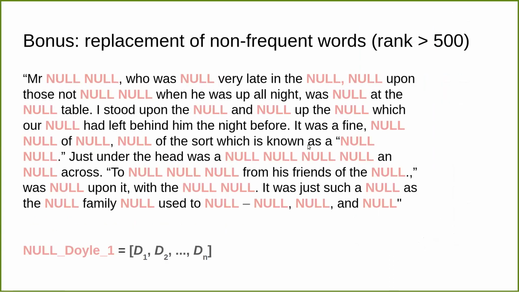And obviously, there's a bonus experiment to corroborate what we are already doing. We can push word embeddings to an even more extreme context by doing the replacement on non-frequent words. So all the words that are outside of the 500 most frequent words we replace with this null. And now this excerpt from Conan Doyle becomes absolutely unintelligible, and it also sounds very obscene, something that you don't want to read with kids. However, the most frequent words are kept there. And in this case, we just use the null replacements as the identity vectors.